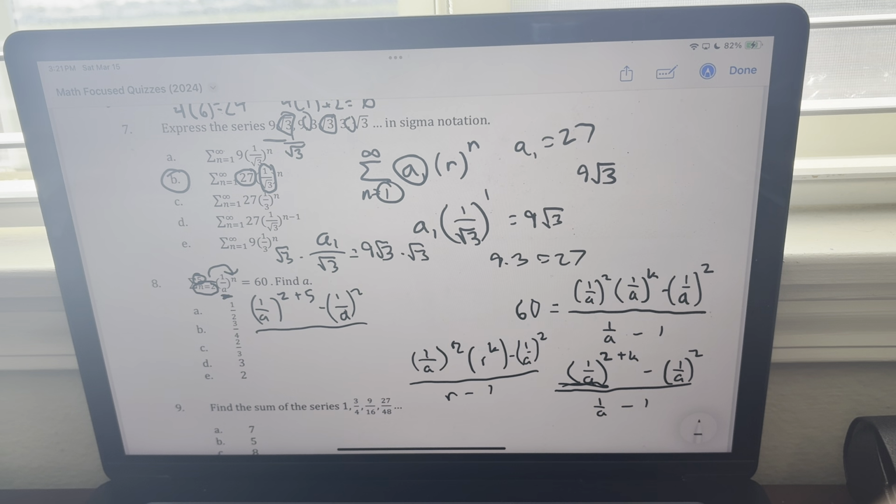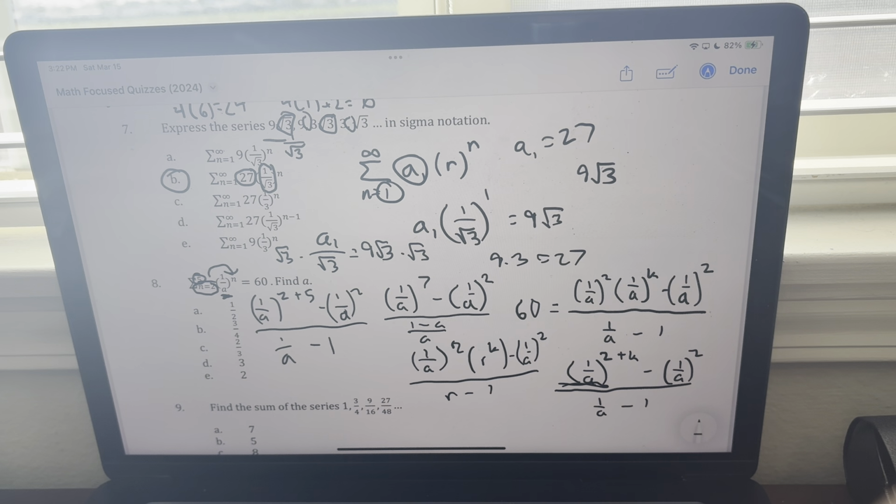And we can go ahead and then divide by 1 over a minus 1, which is going to be 1 over a to the 7th minus 1 over a to the 2nd over 1 minus a over a here. So it seems that we kind of have a very painful algebraic problem here. And